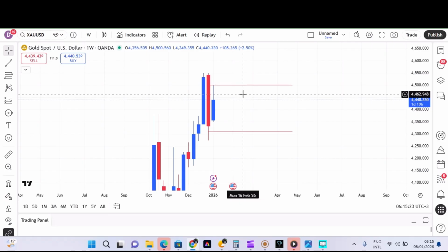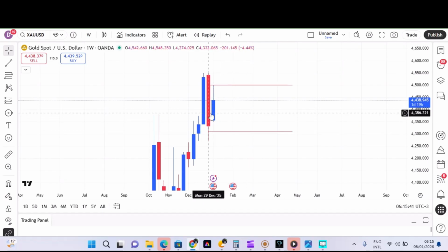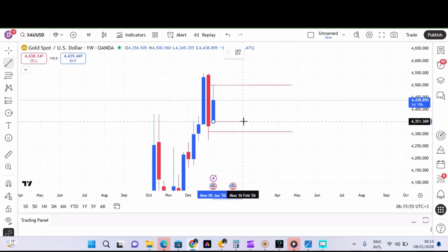So that means the market has lost around 600 points from the higher price we have so far. We can say this is the higher price of the month, the market has gone up to this level, and this is the lowest price of the month. Now the candlestick that we are looking at on the weekly time frame is this. So I want us to mark the low point of this candlestick.